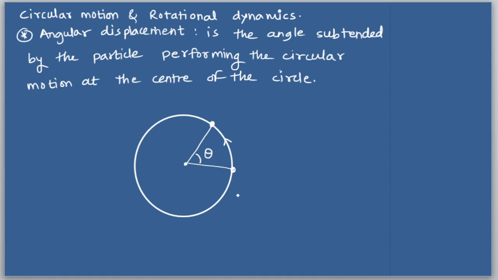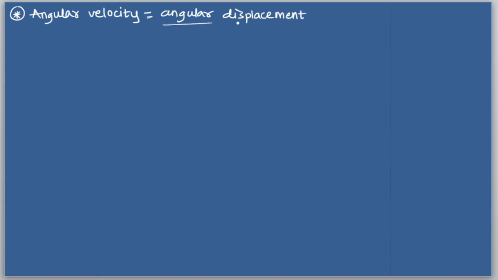The next thing is angular velocity. What is the angular velocity? So next formula, write along with me as angular velocity. What is angular velocity of the particle? It is the angular displacement upon time required. So directly write down the formula. It is the angular displacement of the particle performing the circular motion, obviously, upon the time required